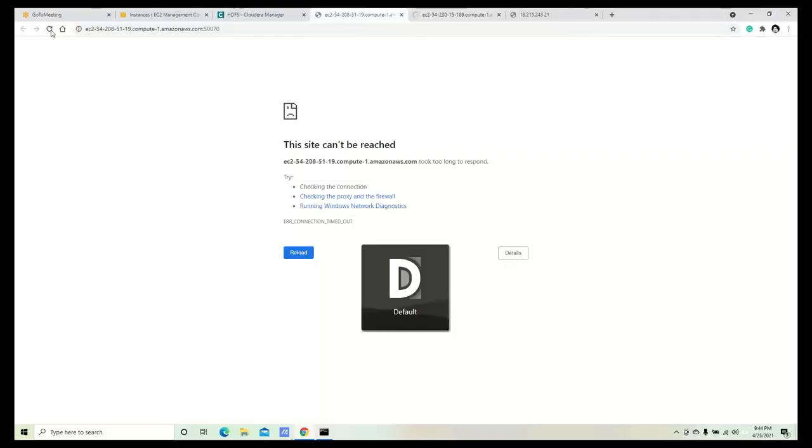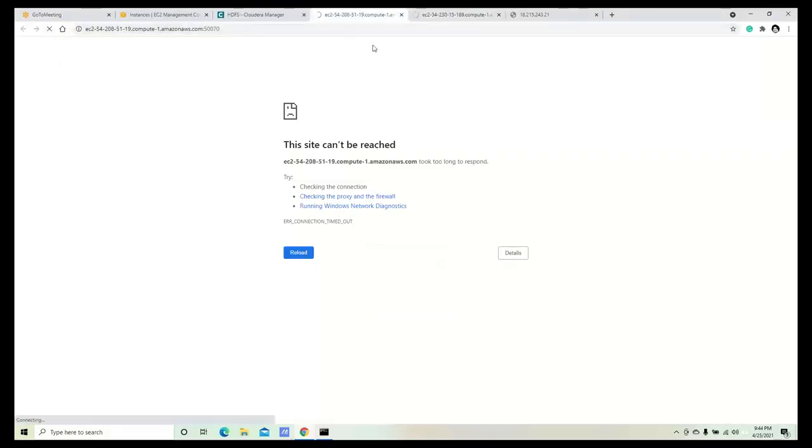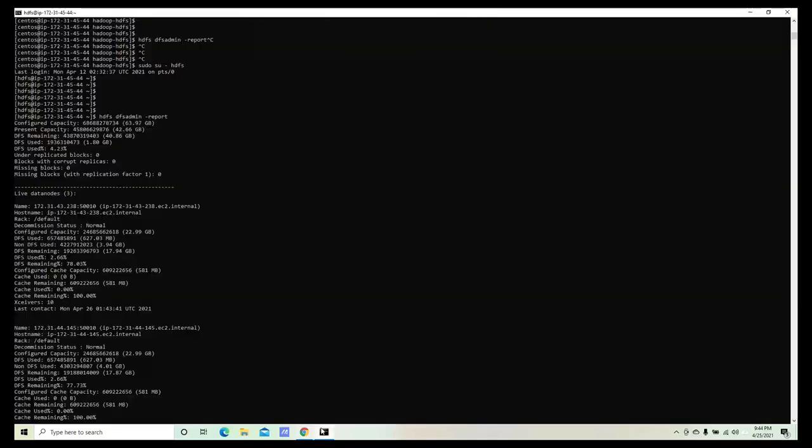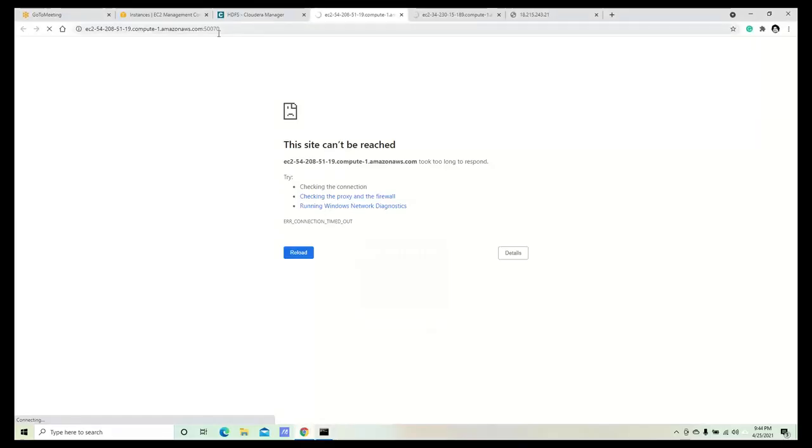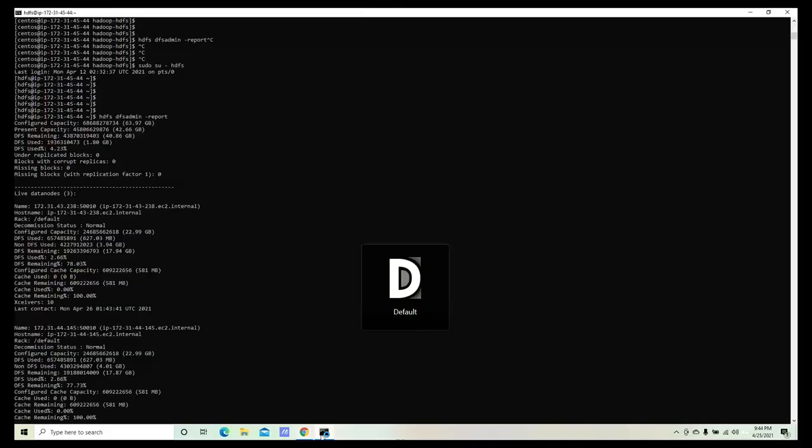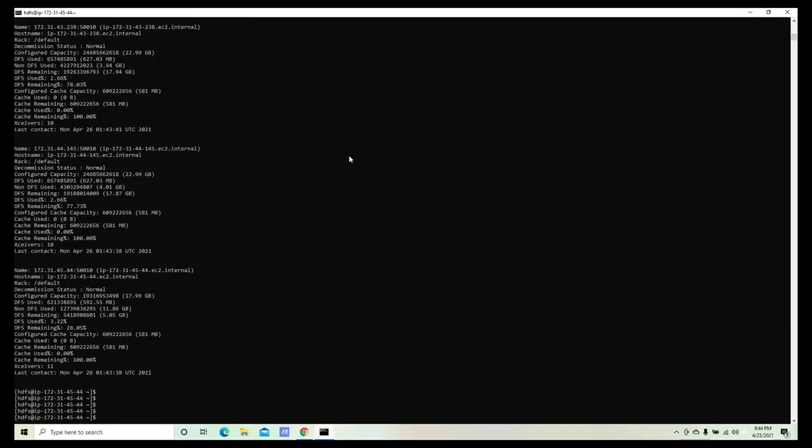Okay, we can also do netstat to check this. So right now, I want to make sure if port 50070 is being utilized or not. It's not showing me the UI, but I can check on the server whether it's actually being utilized or running or not. So I will do netstat -tunlp